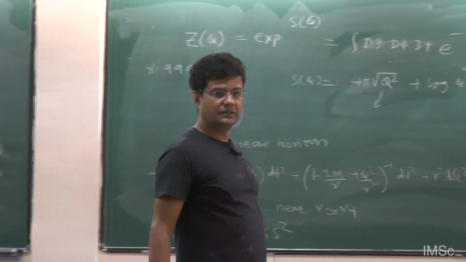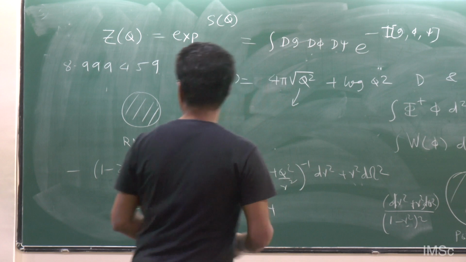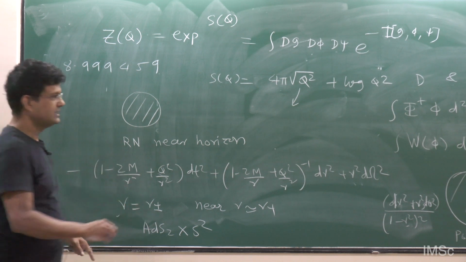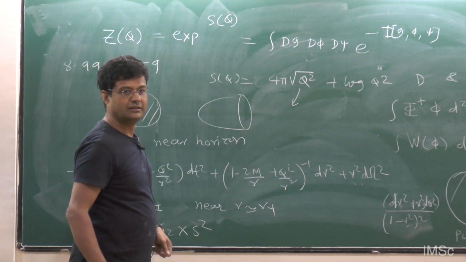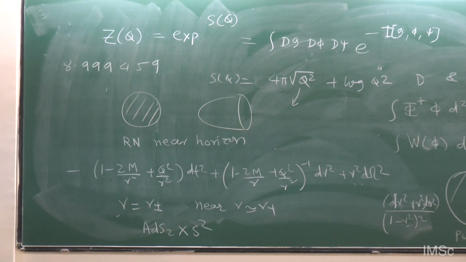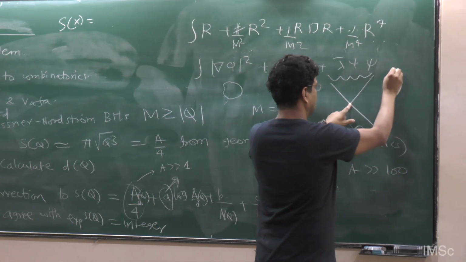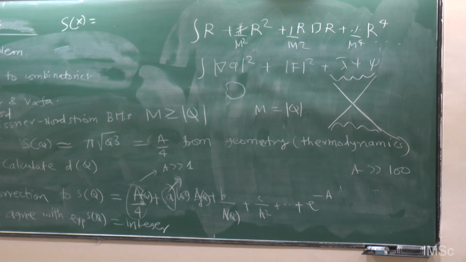Sorry. So you need the specification of the interior of the black hole for this calculation. No, you don't, because if you remember, once you go to the Euclidean space, the Schwarzschild black hole also just becomes a cigar geometry. Meaning, you have an interior of a black hole for a Schwarzschild in the Lorentzian signature. What happens is that in the Euclidean, only this contributes. And that's actually how Gibbons and Hawking did this calculation. So on the left hand side, S of Q is really that, right? Yes.